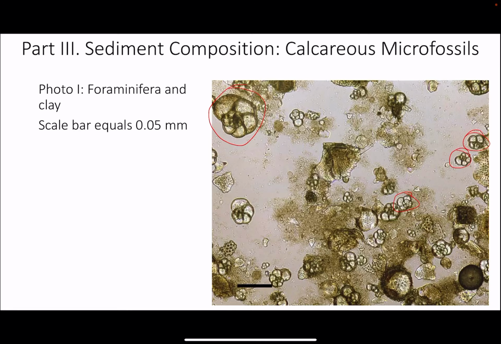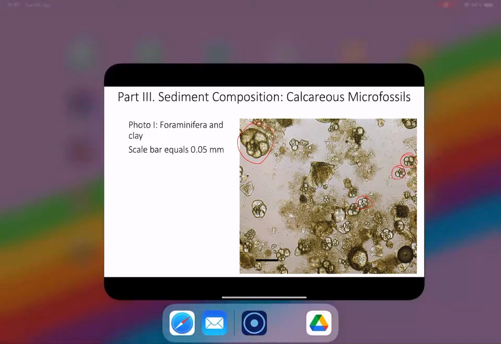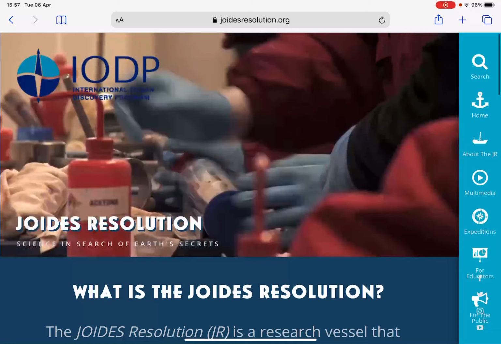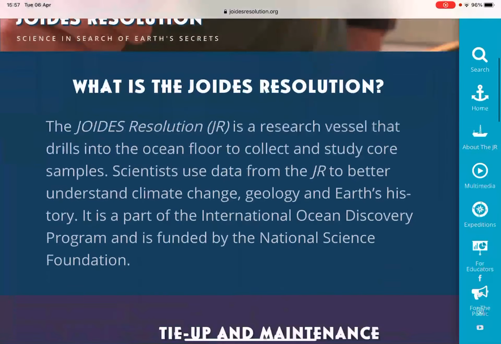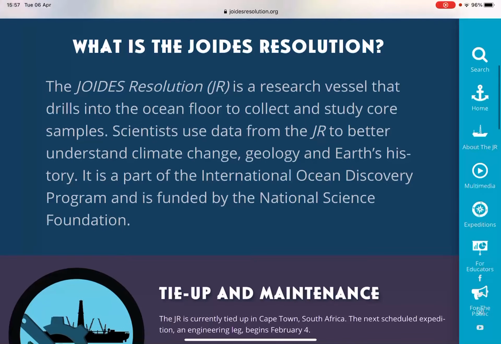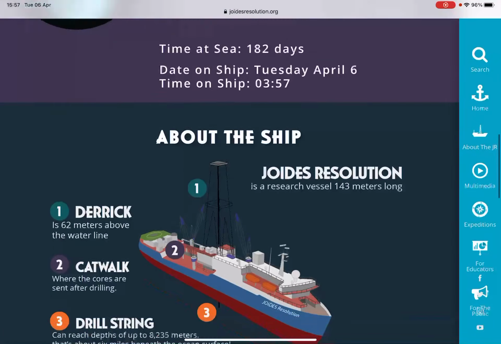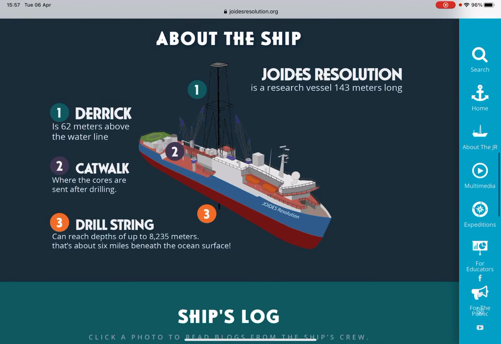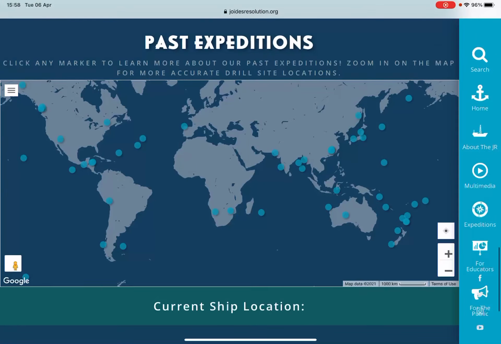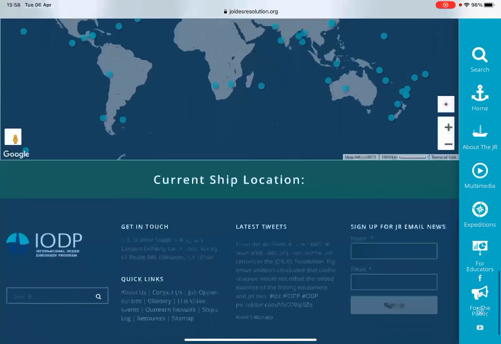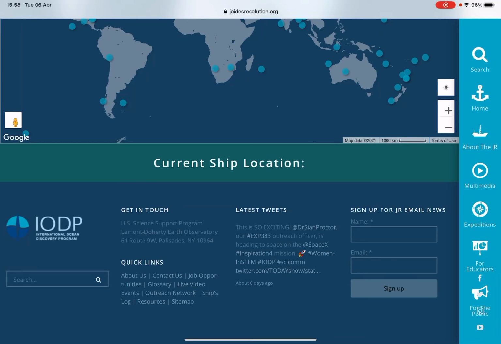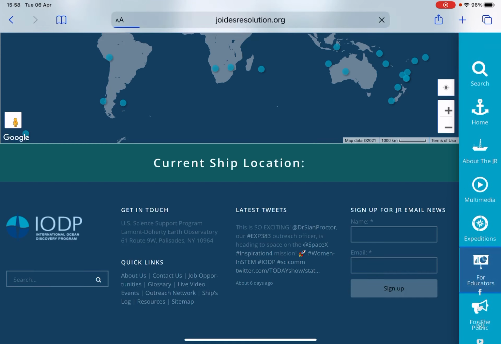And then that's it. The other thing I just wanted to show you real quick was if you go to joidesresolution.org, it's a pretty cool website if you want to spend a couple of minutes. It talks about the ship that's used for this type of coring, and you can get some information about the ship, where it's been, and you can look at, here would be a good place to find some of the past expeditions for some of the cores that I've given you guys. You can go on for the public or for educators. You'll see there's some really cool stuff. I think you can just learn about how the cores are